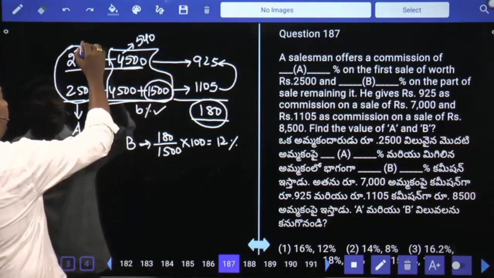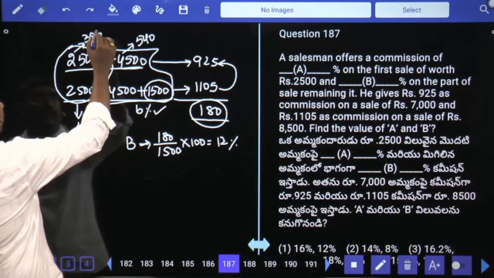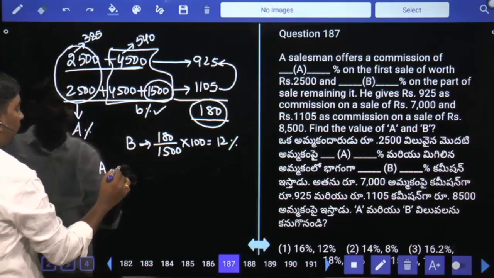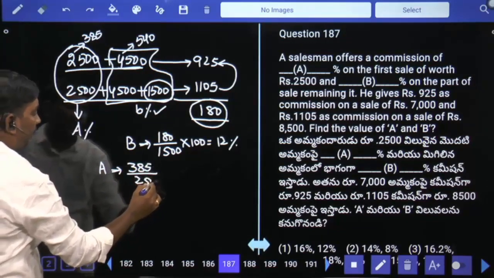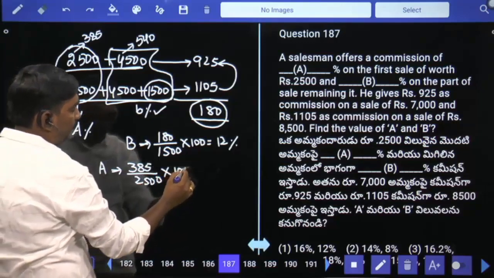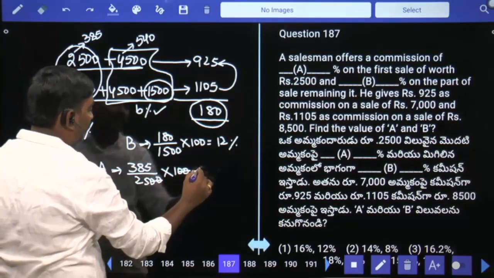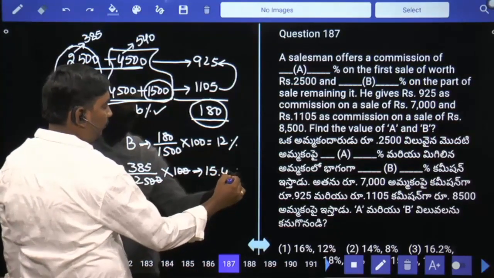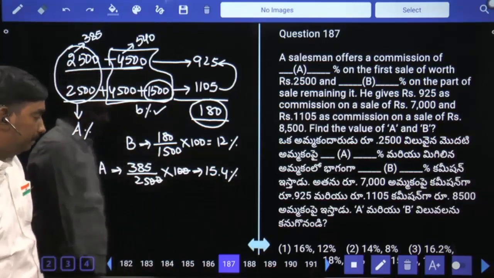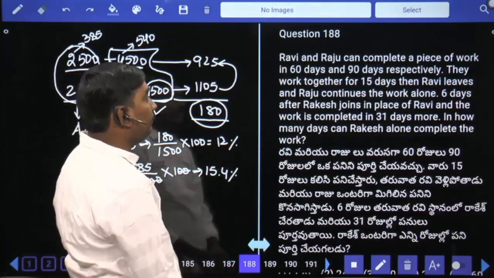So the remaining 385 rupees is on 2500. So A is nothing but 385 rupees on 2500. So 385 is what percent of 2500? 25 times 15 is 375, so it is 15.4%. Next,